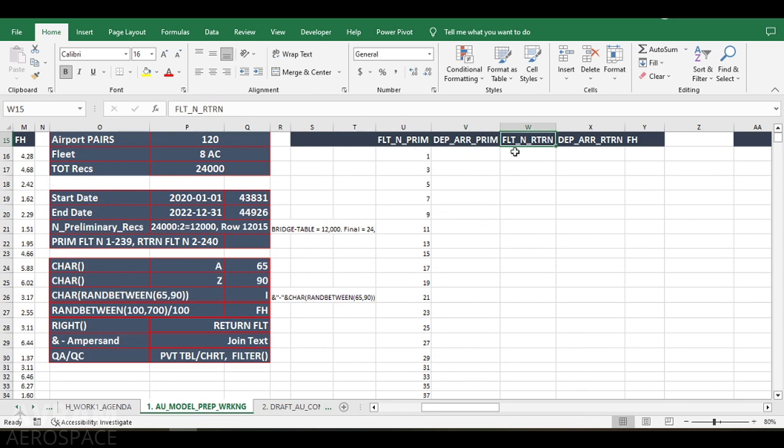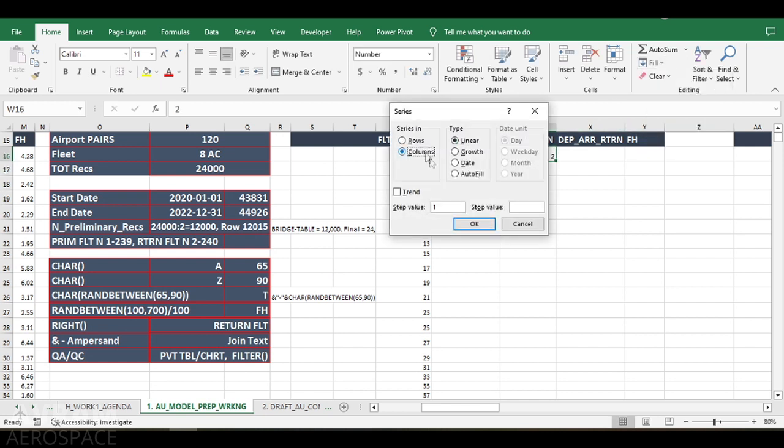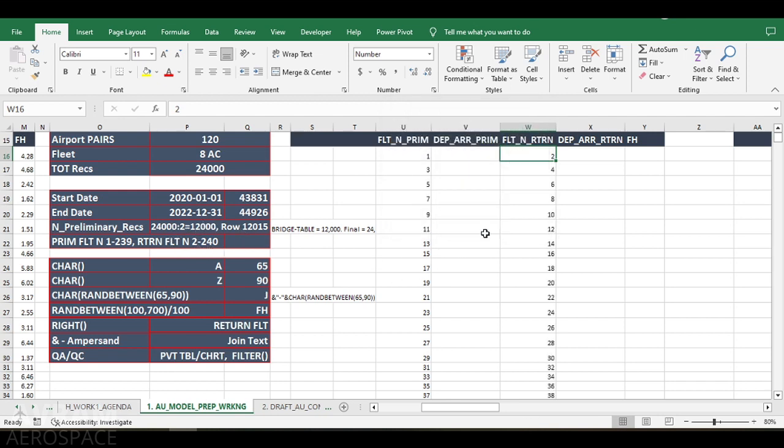Return flight 2. Fill series columns. 240. 240. We already had discussion here, right? 240. Now departure arrival, I'm using very simple